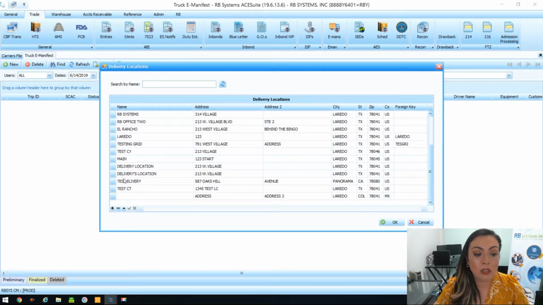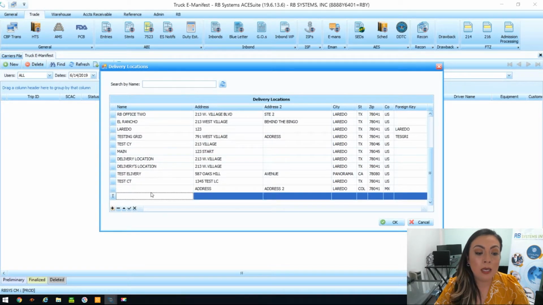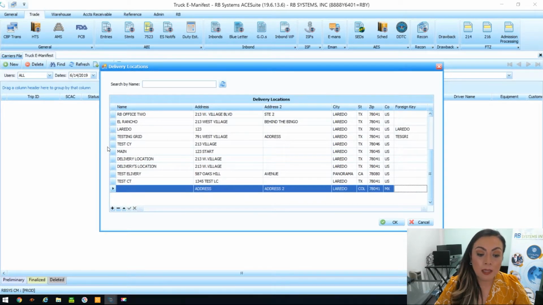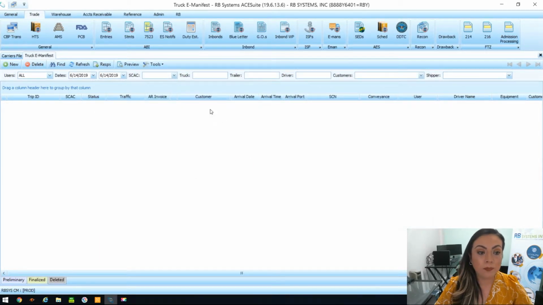If there's none and you need to create a new one, select plus, and the only thing that it requires is the name of the location, the address, city, state, zip code, the country, and then if there's a foreign key assigned to it. Other than that, that would be the only information that is required for you to complete the delivery locations. And we'll go ahead and see that once we start creating your Emanifest, where you need to